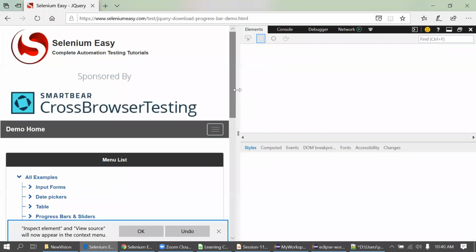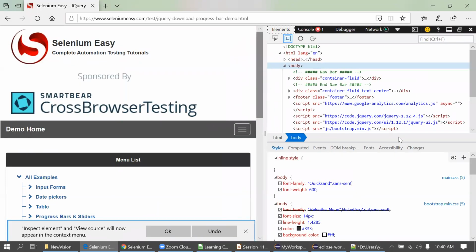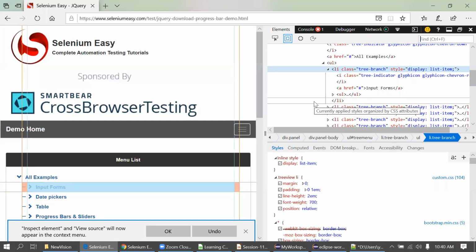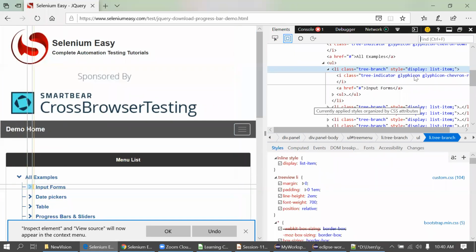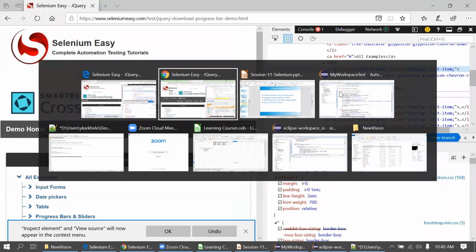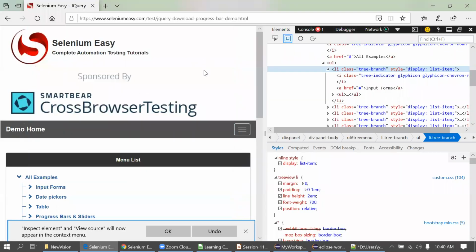I'm using the shortcut F12 to open this window. I'm just hovering over the input form. Now here there is no window to write an XPath. We cannot write XPath here. But what we can do is simply open any website in Chrome or Firefox, create the XPath, and use that XPath to execute these IE test cases, Internet Explorer test cases.